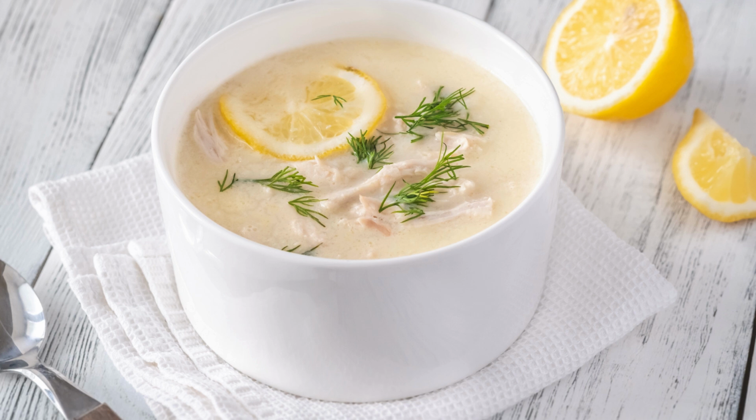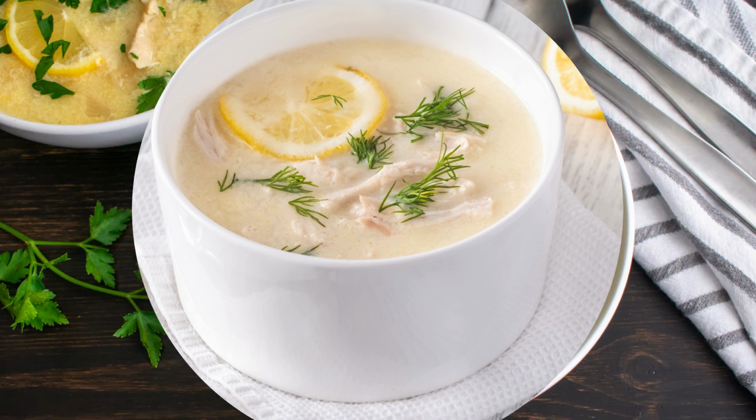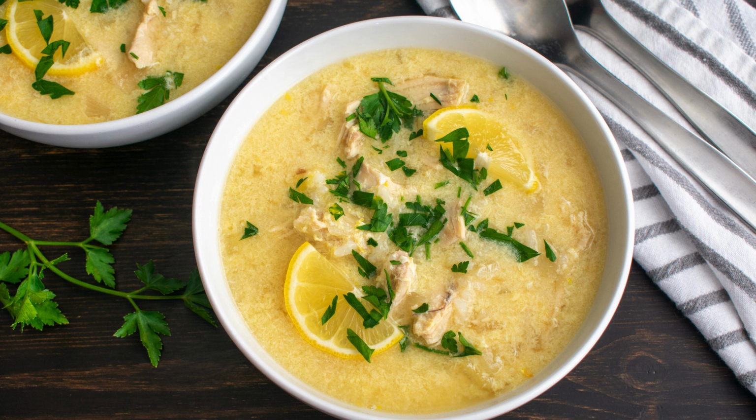There are few dishes that so beautifully capture the essence of Greek home cooking as avgolemono. This traditional lemon and chicken soup is more than just a warm, comforting bowl. It is a celebration of simplicity, balance, and centuries-old culinary wisdom. From the first spoonful, avgolemono enchants with its silky texture and the perfect interplay of tangy citrus, tender chicken, and